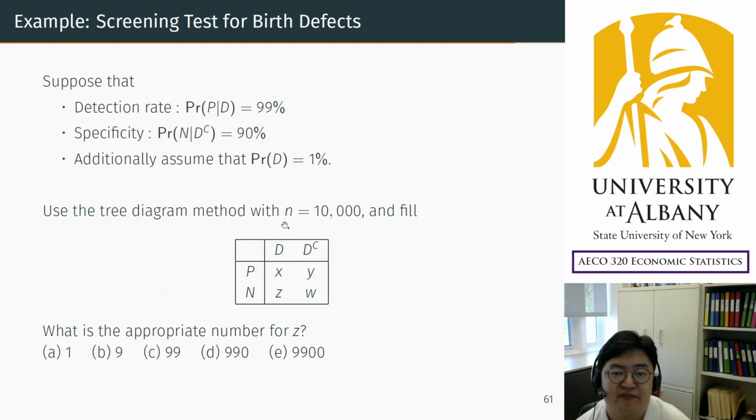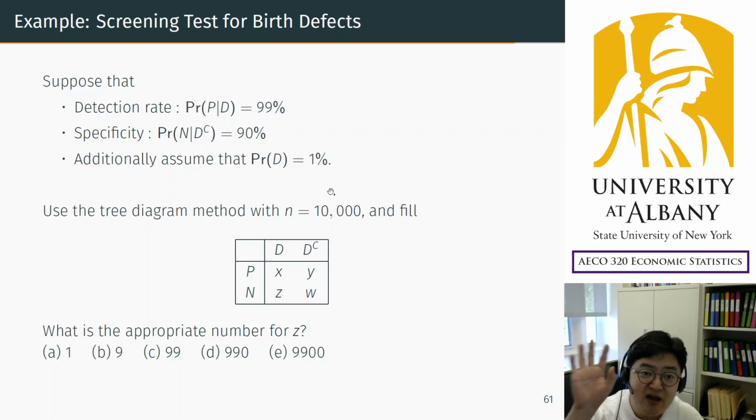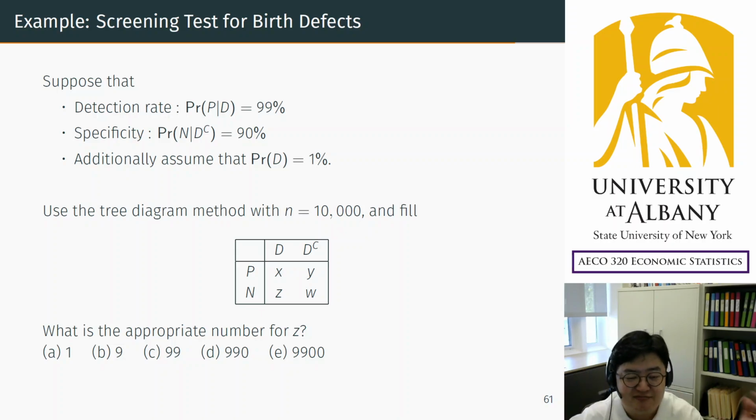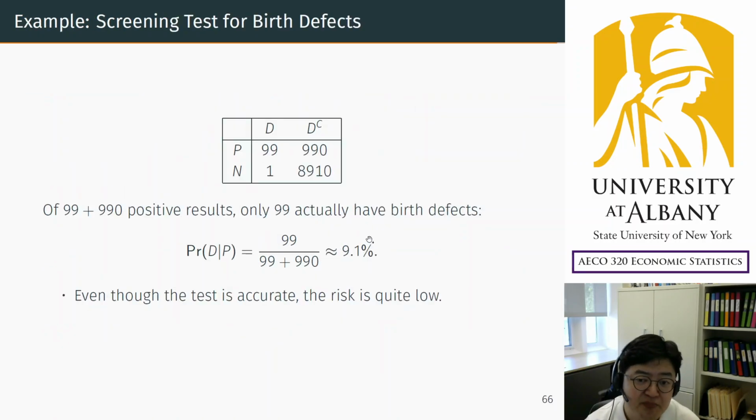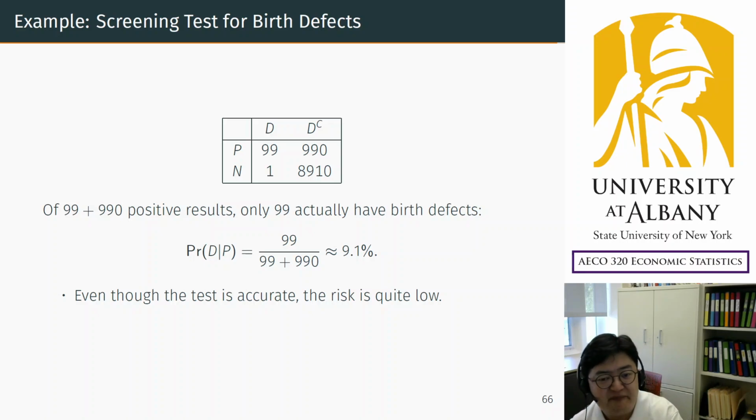Doctor told me 99% correct. So that is not wrong. Scientifically, academically, that is how they measure. So it's true that papers and studies show that the screening test is 99% correct. But that doesn't mean my baby has birth defects with 99% probability. The actual probability is much lower because the pool size is different. Anyhow, birth defects are so rare. So rare. So even though you have a positive result, this probability can still be pretty low.